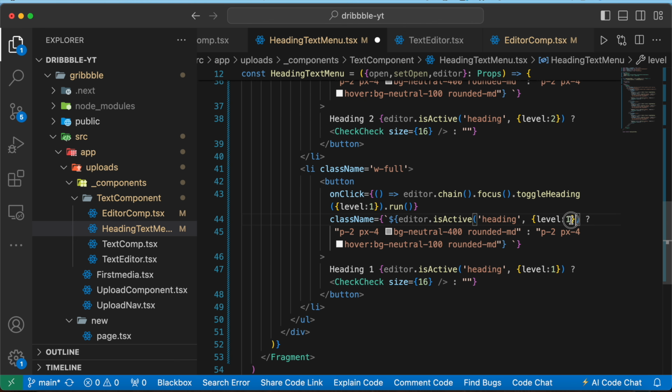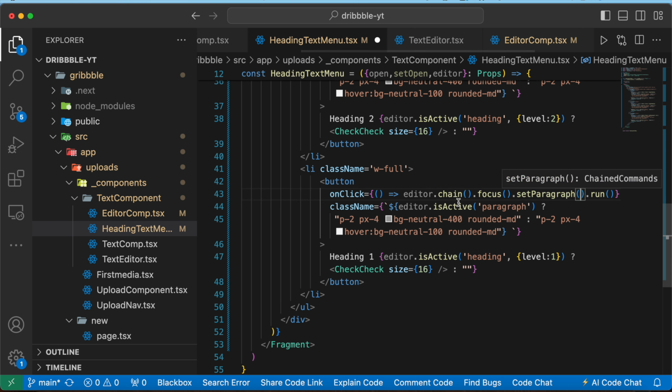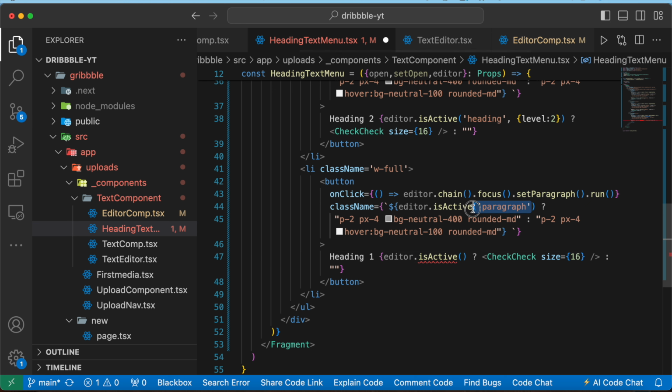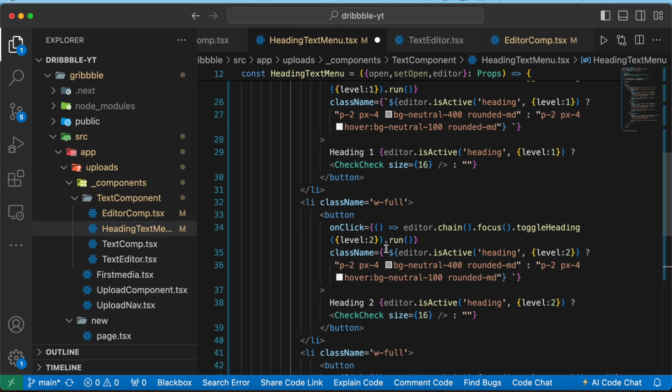Now this will be paragraph, so we can remove this and write paragraph, and here as well, but this time we are going to use setParagraph. Okay, so this is good. Now we can remove this and here we can write Paragraph, and here as well Body. So with this we are done with our